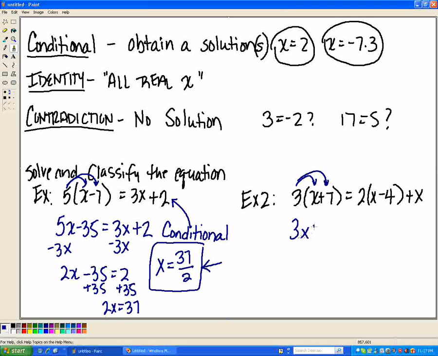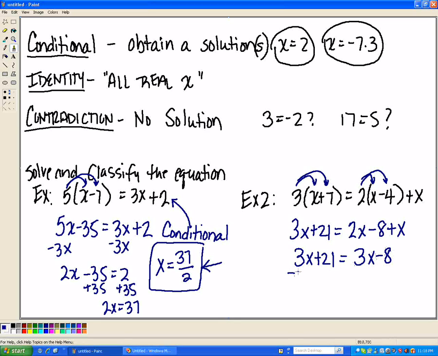We'd get 3x plus 21 on the left-hand side. Over here, we'd want to distribute our 2, so we'd end up with 2x minus 8 plus x. Now we can combine like terms on the right-hand side. We end up with 3x minus 8. All right? If you wanted to take this one step further, you could subtract 3x both sides, and you'd end